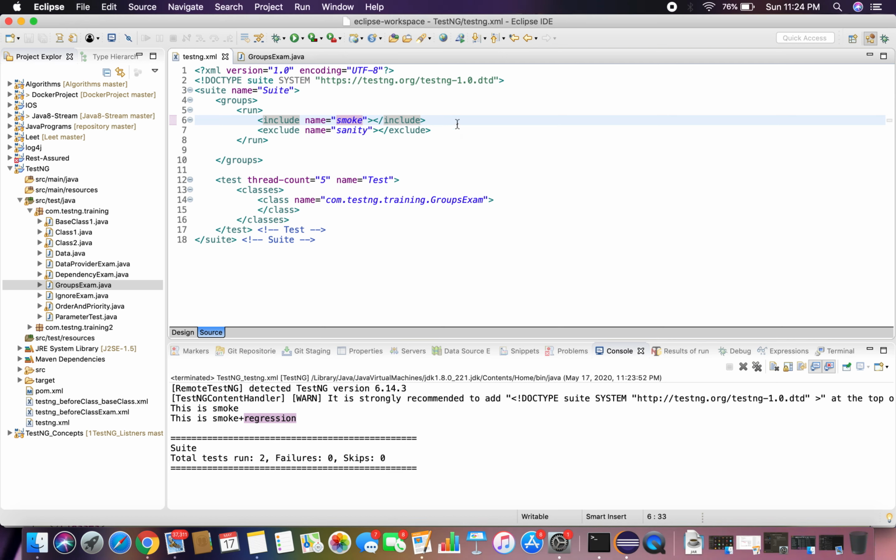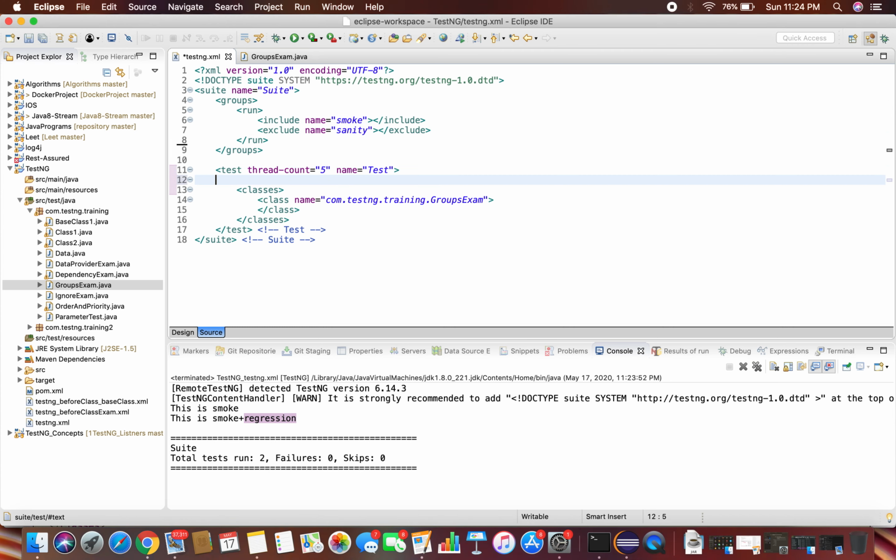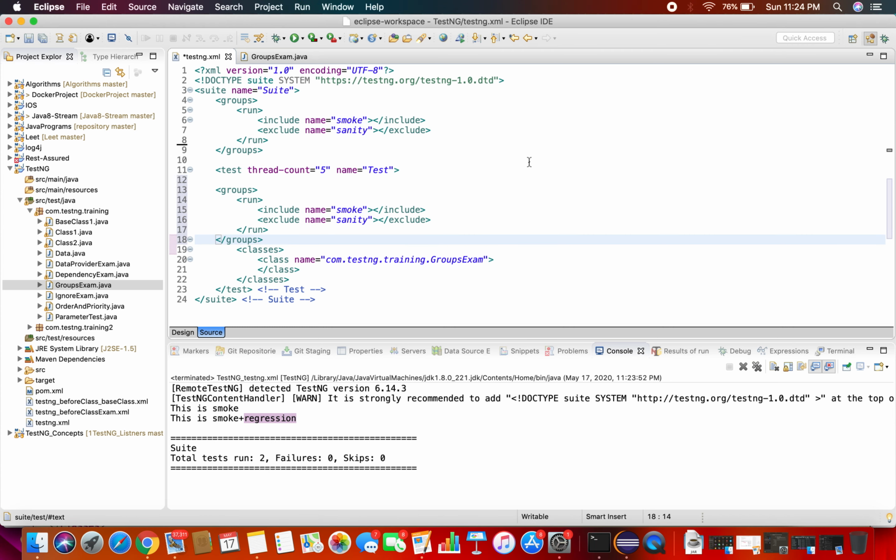we need to remember, if we have a group defined at a suite level, that is applicable to all the tests which are under the test suite. You have a group here. Let me say I'm going to have one more group inside my test. Okay, see here you are including smoke and excluding sanity, and again here you can include a regression.